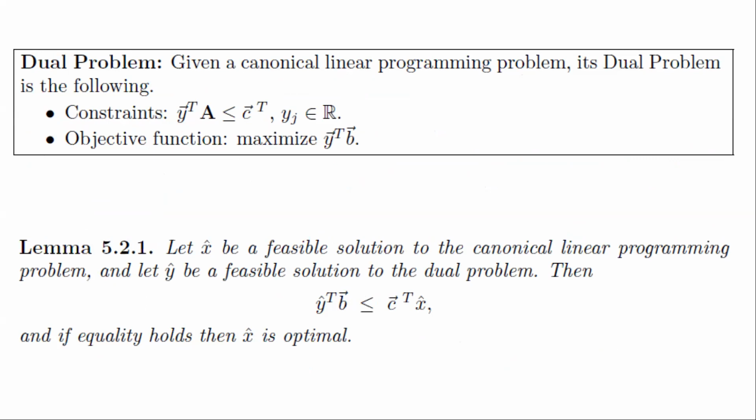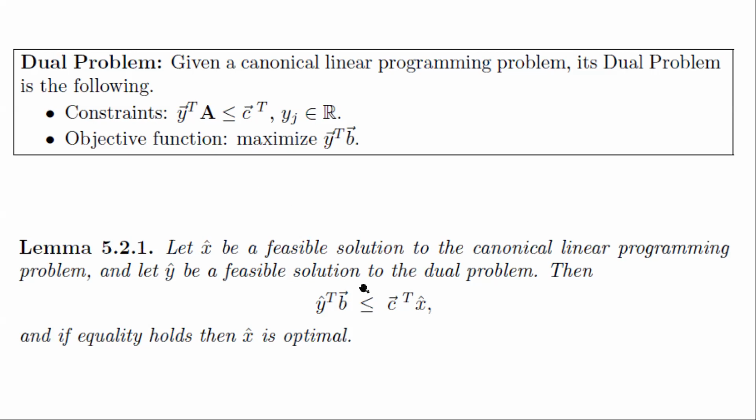Given the problem, Ax equals b, and the x's are non-negative and you want to minimize something, there's a related problem where you have the same matrix A, you have the same vectors c and b, but they're in slightly different roles. And the dual problem is to try to maximize y transpose b subject to y transpose A is less than or equal to c transpose. And the reason this is so valuable is because of the following lemma,